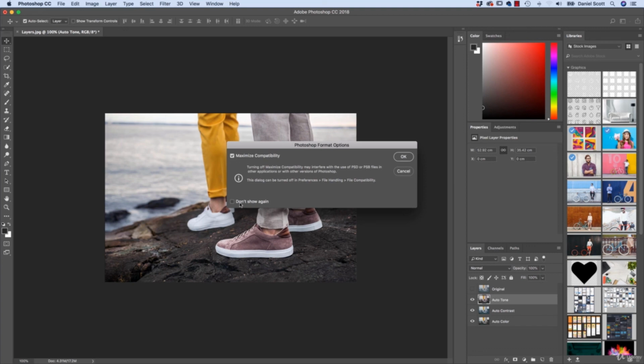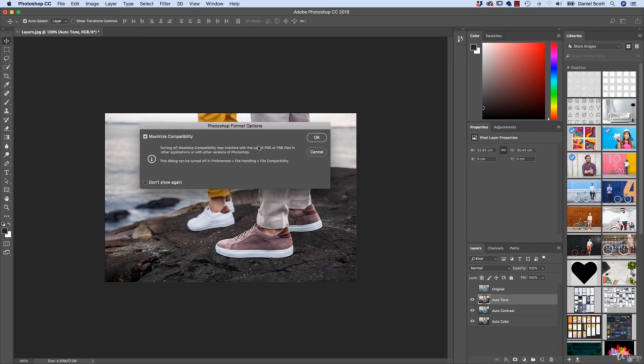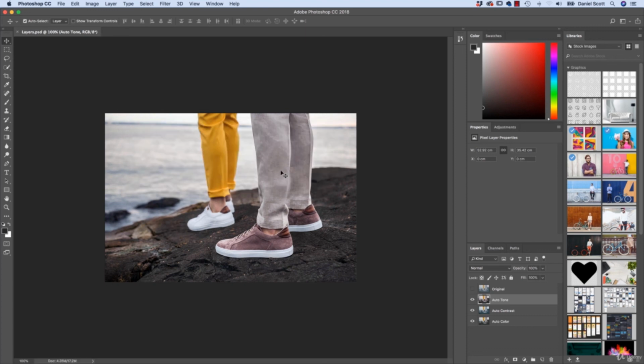You can click Don't Show Again. I can't because I am a trainer and I need to show this to everybody that's new. It's a pain in the bum. Okay, but let's just click OK and ignore that. I'm not going to mention it again for the course. All right, let's go to File,